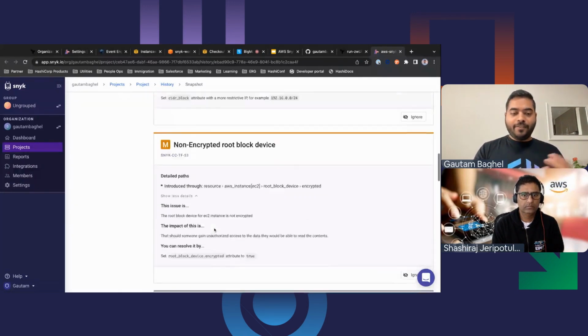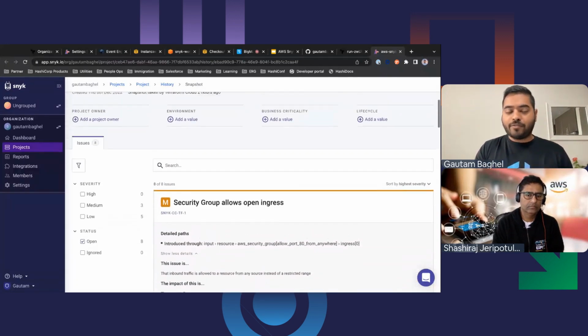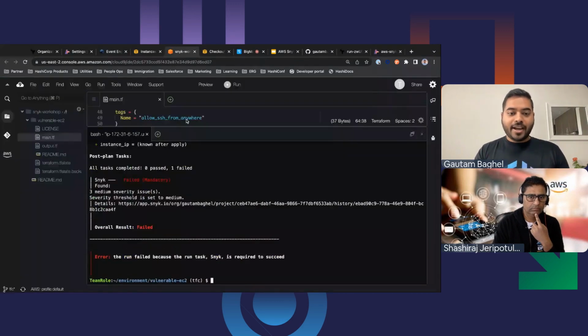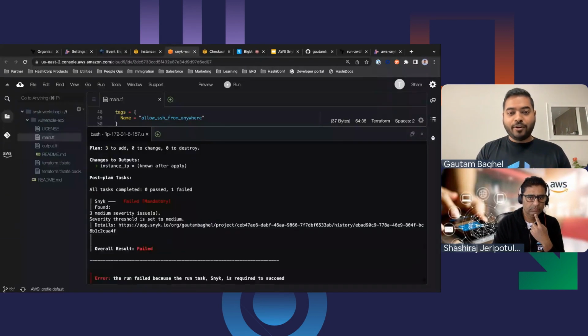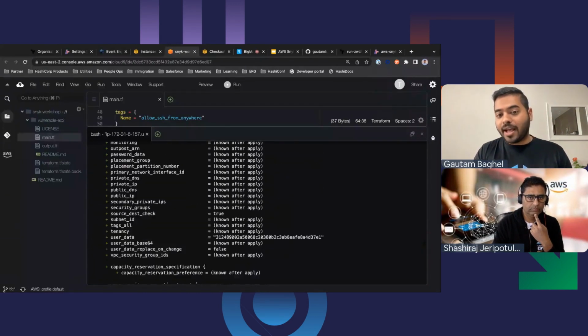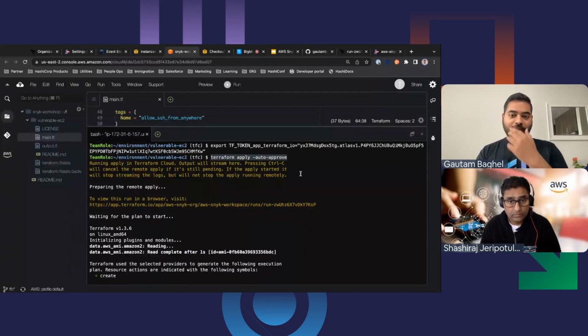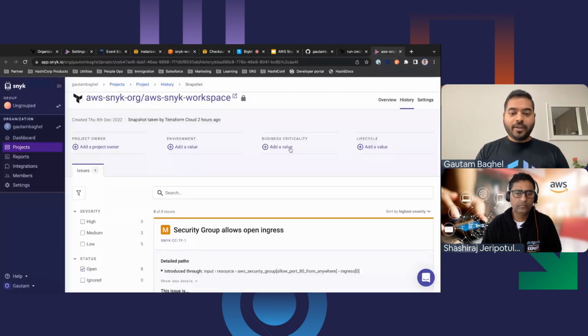So even if an intern or a person who doesn't know much about Terraform tries to deploy something which has a misconfiguration that might be an issue, it's going to stop them from applying. If I go back to my Cloud9, you can see the same things in my CLI as well. If you look at the command, I actually did an apply. So even if I tried to apply something with explicit permission, it blocks me from doing that. So hopefully that was useful.